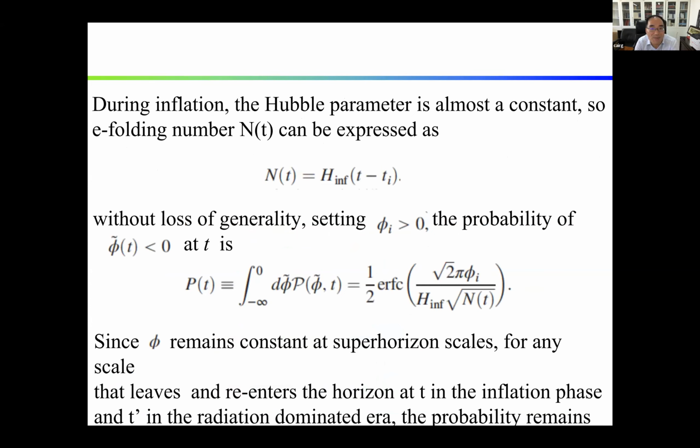During inflation, the Hubble parameter is almost constant. So the e-folding number can be expressed like this one, without loss of generality. Say the initial value of the scalar field in the region is larger than that. Then the probability of phi tilde at t is,